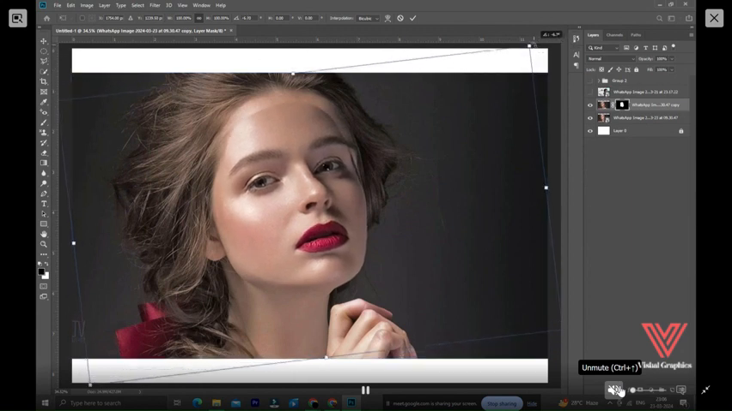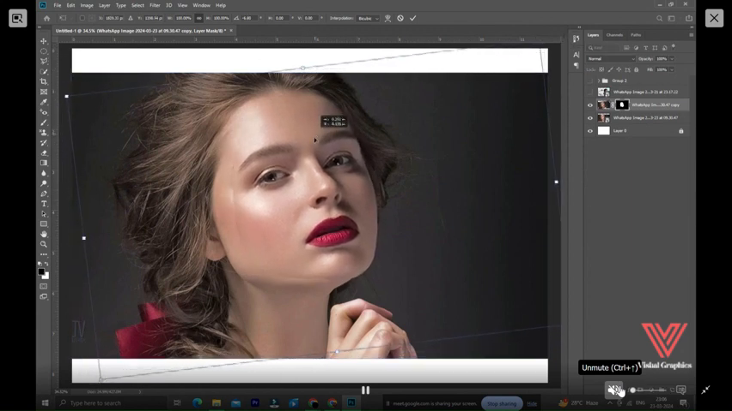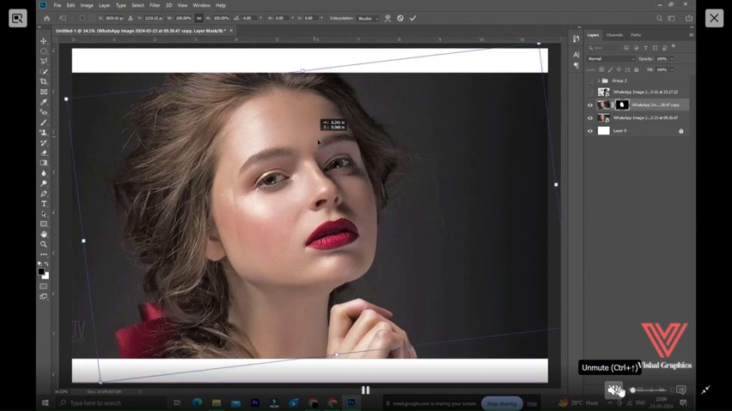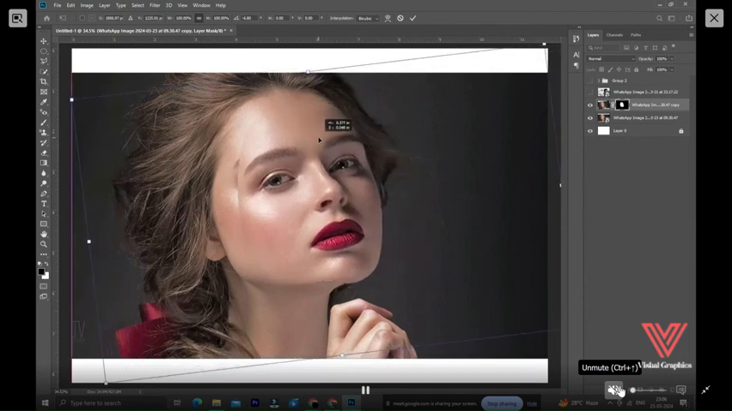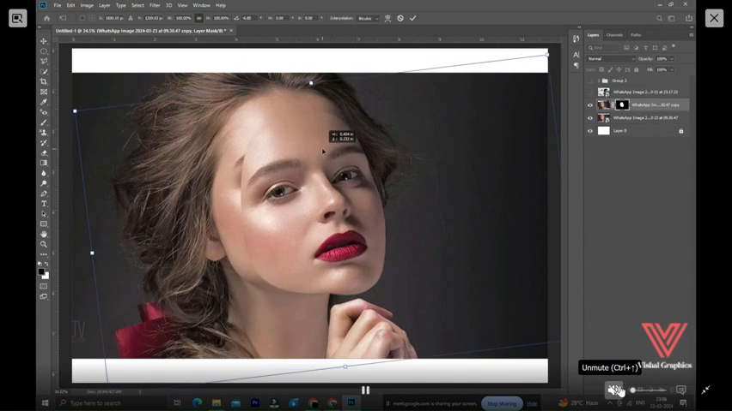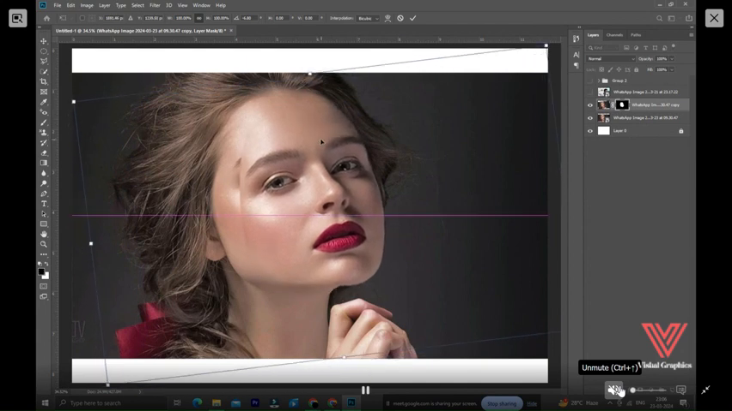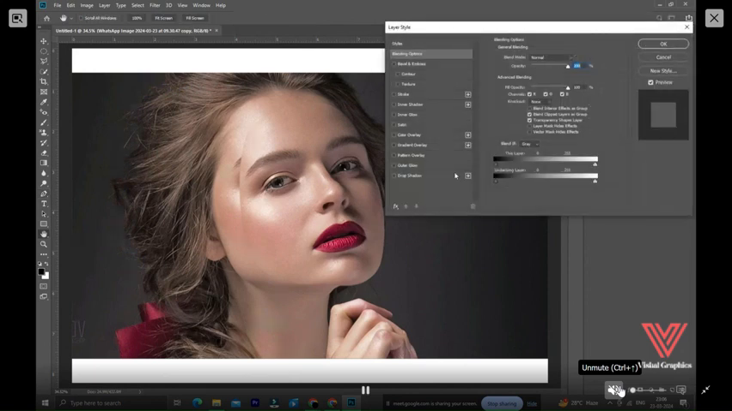Now the girl's face has appeared. Alright. Now I need to add a bit of shadow to this, like this, and drop shadow. Adjust the size and okay, now you can